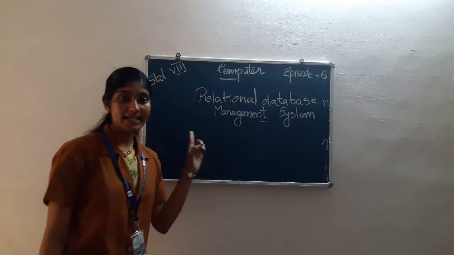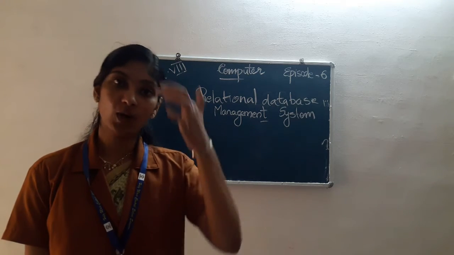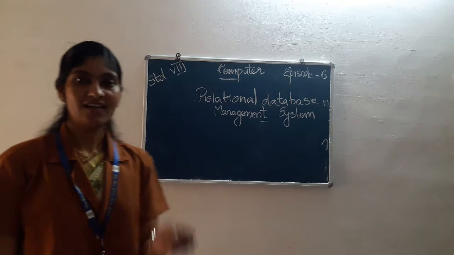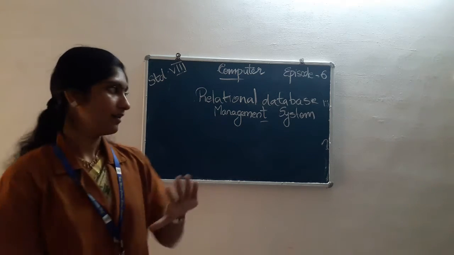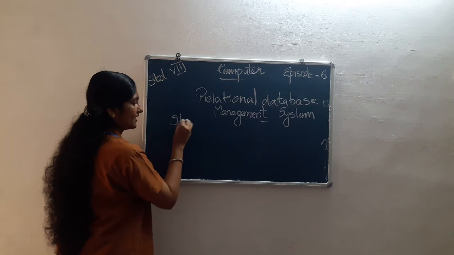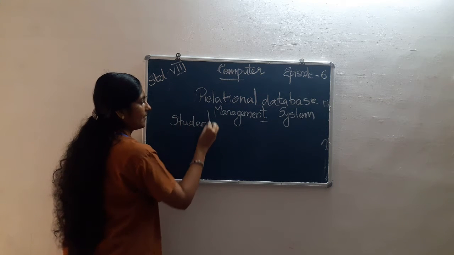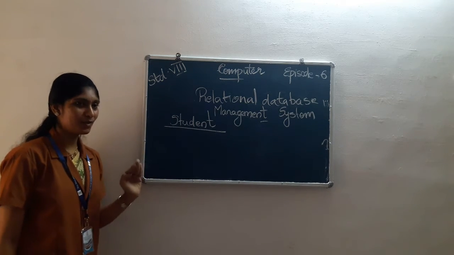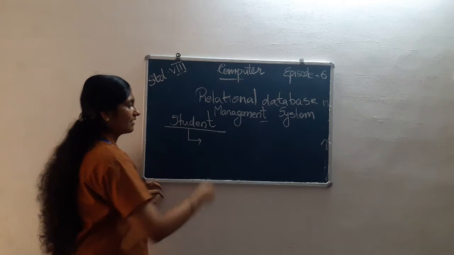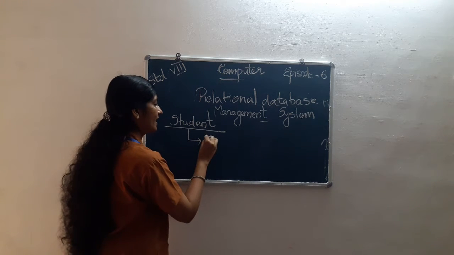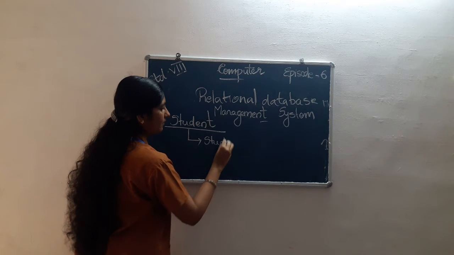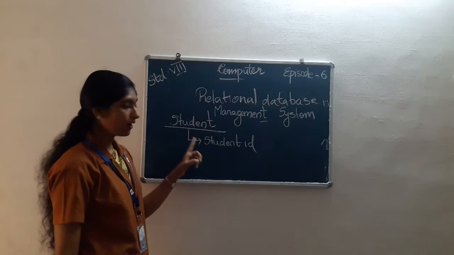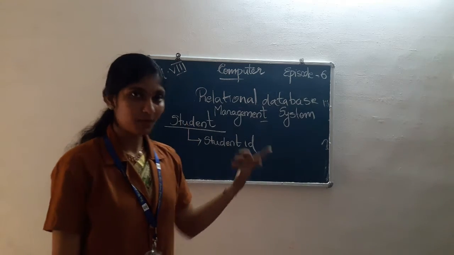We know relational database management systems are in the form of what? In the form of tables. Okay. So table means, for example, we know the details of a person. Consider a student. This is data. Then what are the data of a student? First one, its roll number, or we can say student ID. Student ID is one of the features, or one of the data about a student.